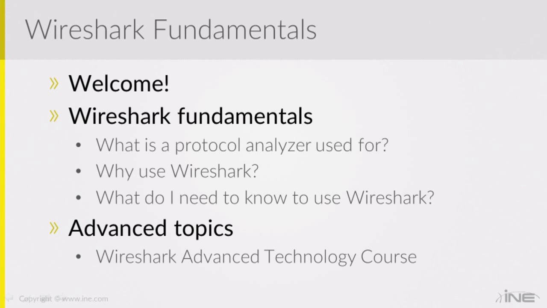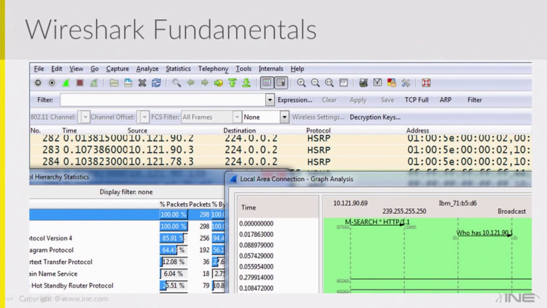So the advanced topics that we'll cover in the Wireshark Advanced Technology course is stuff that maps directly to the WCNA exam. While we're going through this, we're going to talk about all the tools that we talked about in the Foundations course. We'll talk about flow graphs. We'll talk about the conversations. We'll talk about the packets list pane, the details pane, hex pane. We'll talk about all the different things that you can find within it. We'll talk about how to adjust preferences. We'll talk about the menu options, for example, all the relevant options within the statistics menu, so that you understand